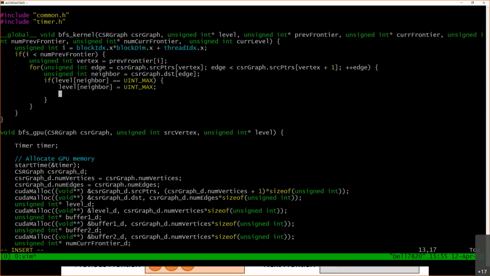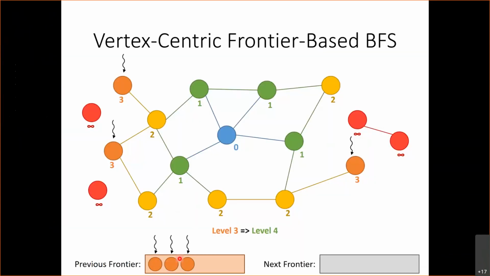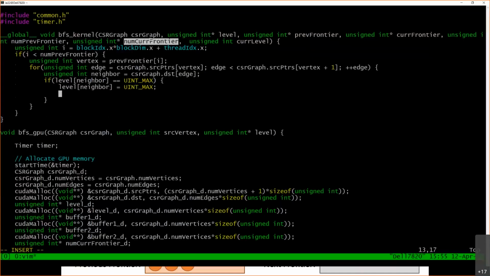Okay, and then what we want to do is add the neighbor, right? So we found an unvisited neighbor. So we want to add the neighbor to the next frontier, or in the code I'm calling it the current frontier. Okay. So how do I add? Well, num frontier tells me how many vertices are currently in the current frontier. So I want to increment this. So first of all, this is going to be the number of vertices in the current frontier. So I'm going to write unsigned int